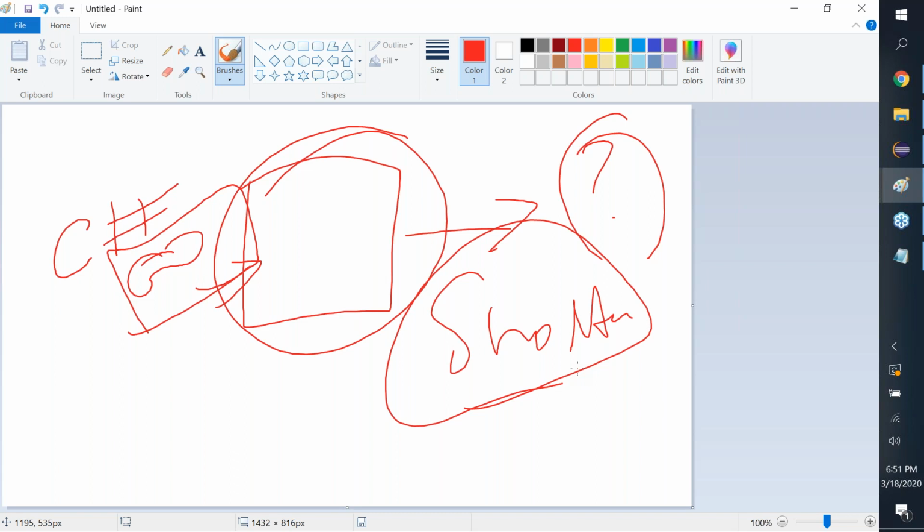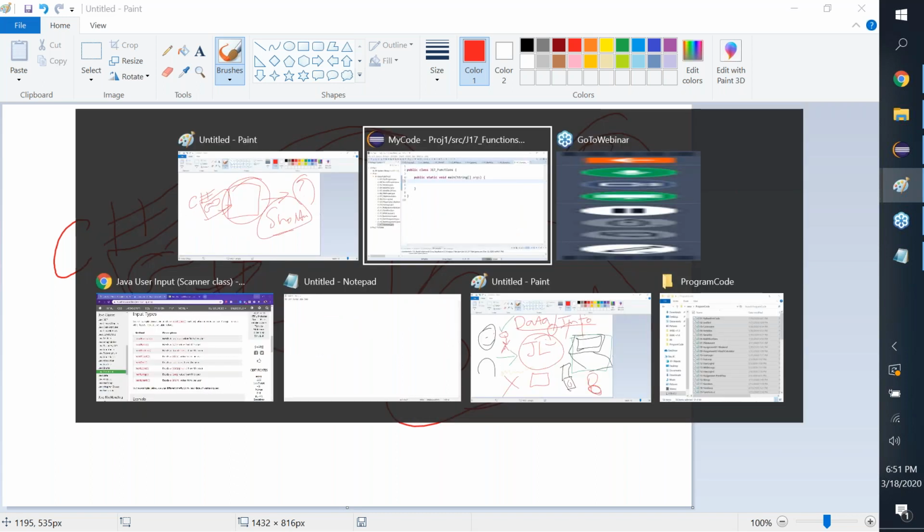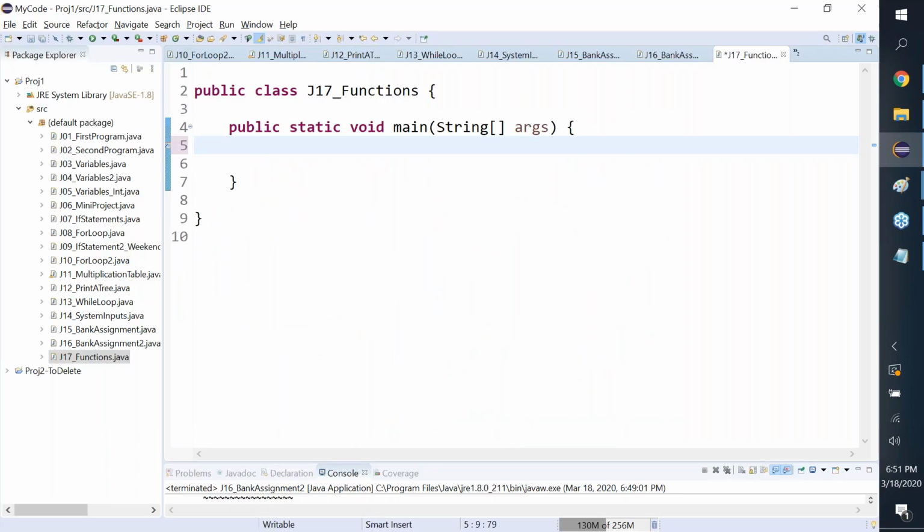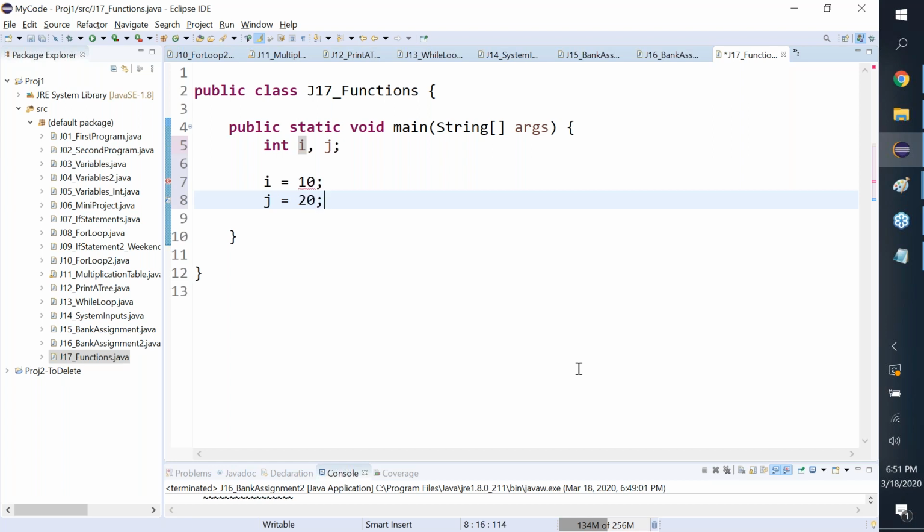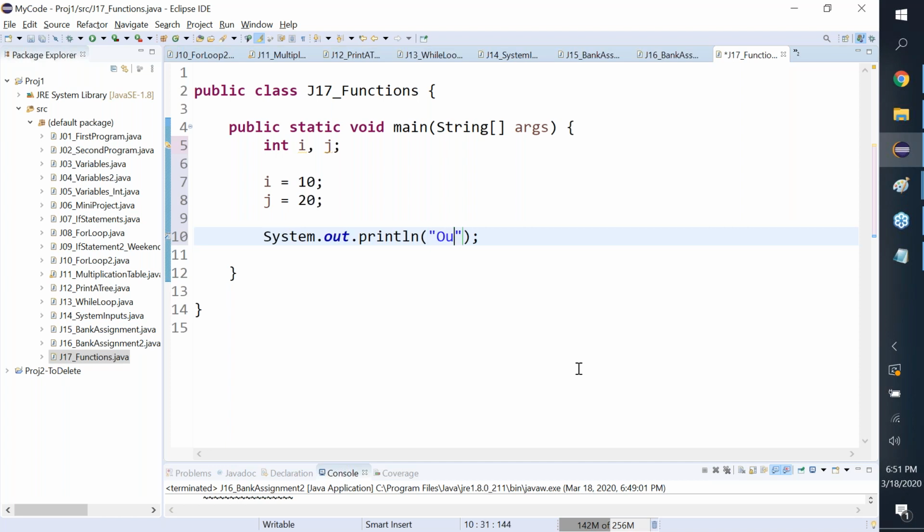So yes, for example, let us say, now I think it's easier sometimes to explain quick. I have 2 numbers, integer i, comma j. And now i has a value of 10 and j has a value of 20. So I want to say what is the output of i times j is equal to